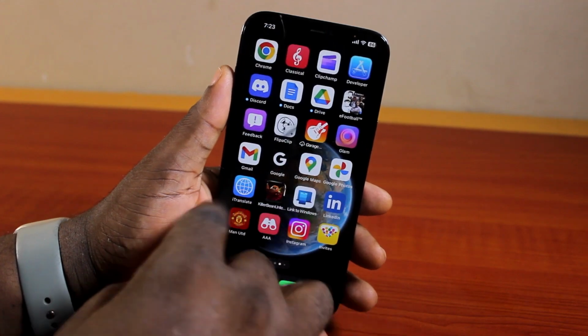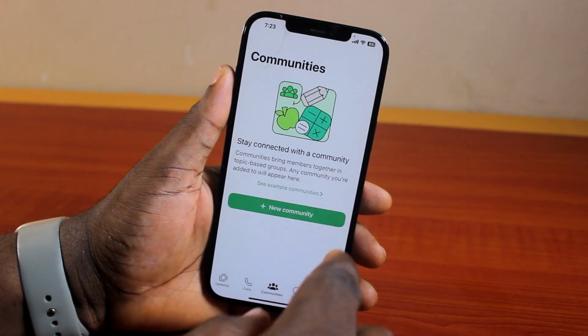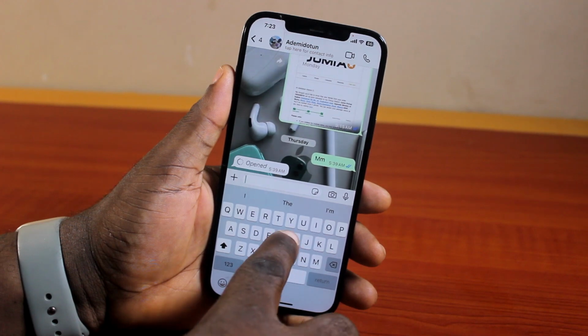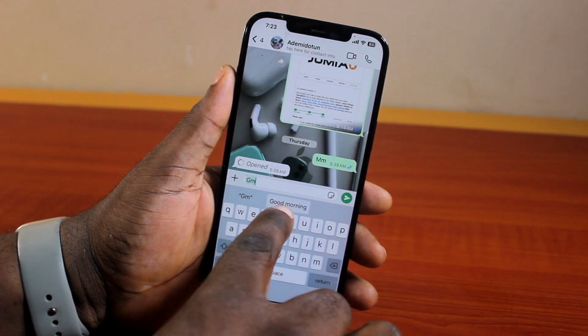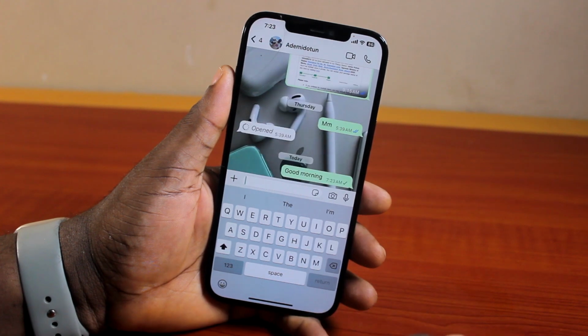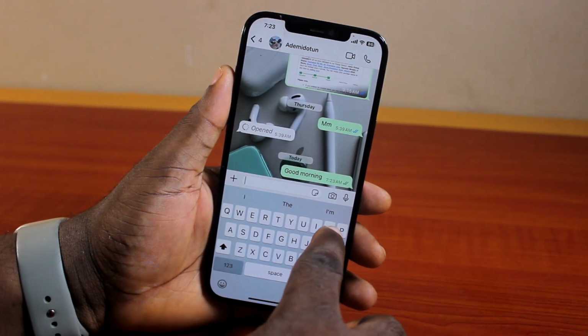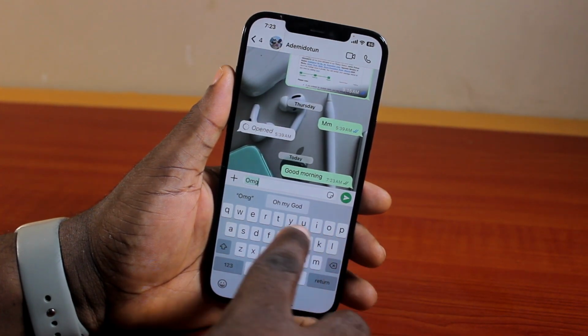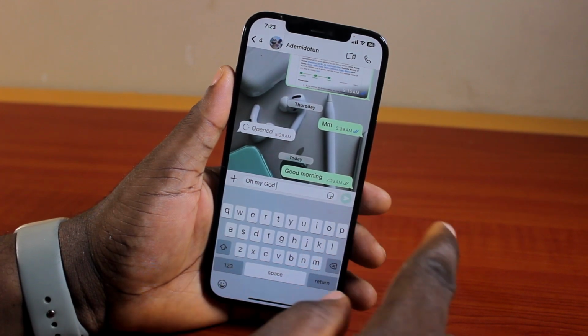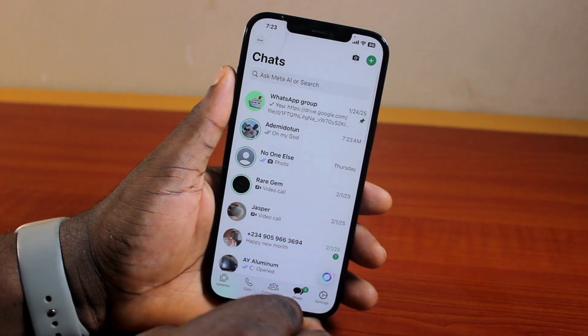So let's go ahead and try this. Go ahead and open any messages app, go to chat page and then type in GM. You see that? Then it's going to pop up the phrase GM is good morning. You see that? Then if you want to type oh my god, then the text replacement will pop up oh my god and then you're good to go. So that's exactly how to change iPhone